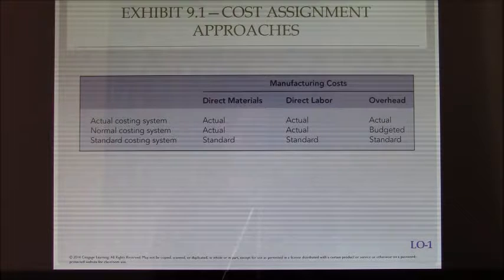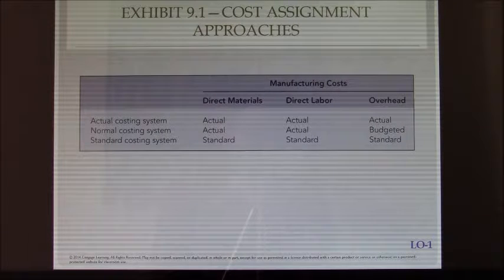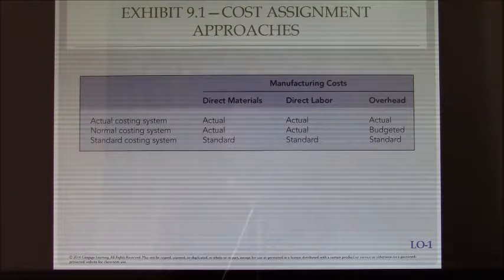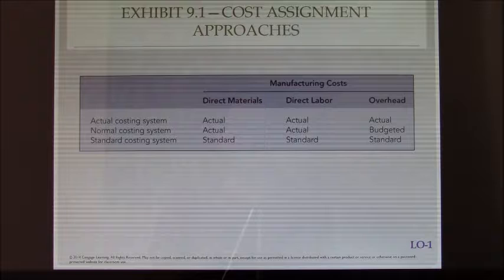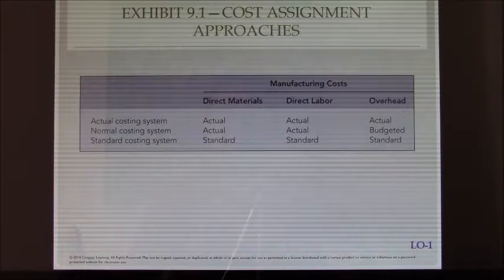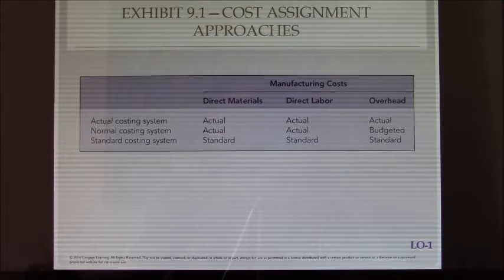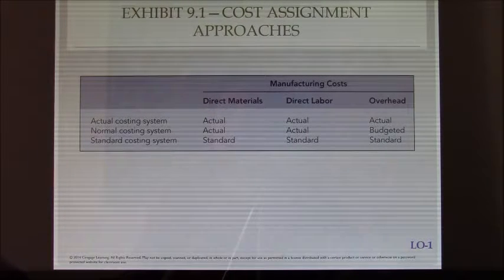I'm going to make 50,000 pencils, so I'm going to move 25,000 ounces of wood. I'm going to move the standard according to my journal entries. That may or may not be what actually goes into the pencils. Same thing with overhead. Everything is a standard, and you apply it at the standard rate. You assume if you apply overhead using direct labor, you are actually applying it using your standard for labor, not